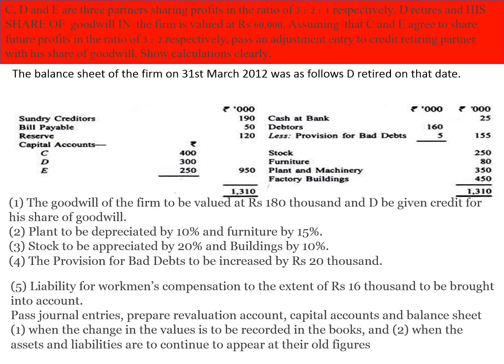We are having workman compensation fund 16,000. There was an increase in liability. Then capital accounts, C 4,48,000, E 2,30,000. The total of the balance sheet is coming 13,30,000. Now on the asset side, bank 25,000, debtors 1,60,000 minus 25,000, 1,35,000. Then stock